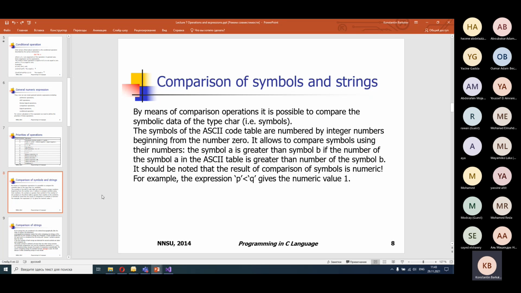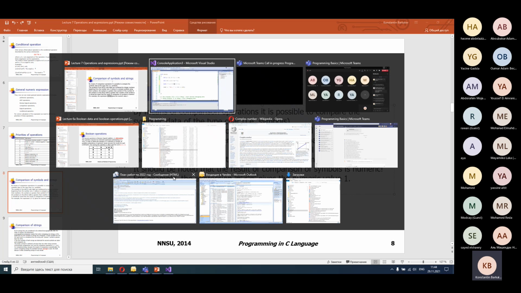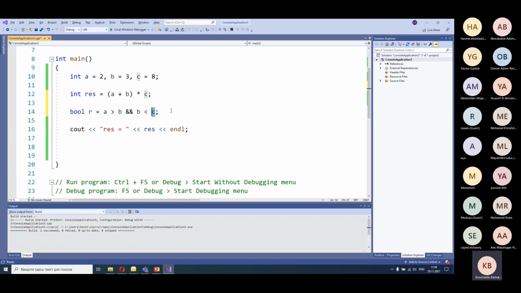And the result is also numeric or logical. Well, we can compare symbols. For example, I can write P smaller than Q,